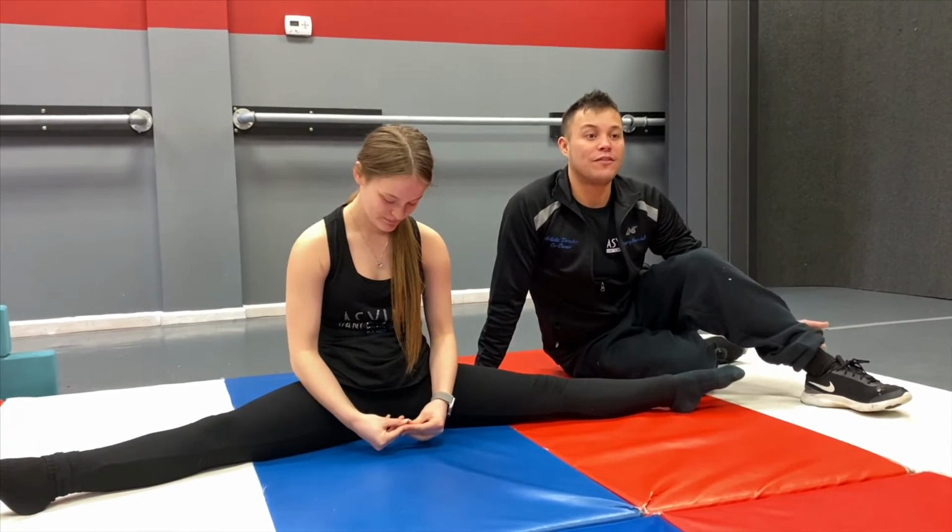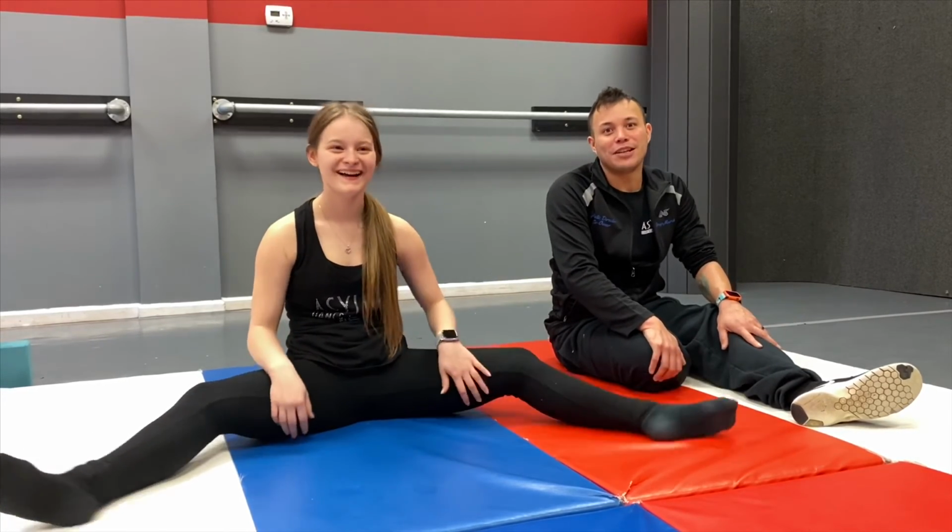For my more advanced dancers, that you do need to pull yourself down to re-elongate that spine, to re-elongate those hamstrings, please contact me. I will send you videos of how to do it properly. We're not going to send them out at this moment in time. I do not need anyone getting injured because we have already taken a week off. And as dancing goes, a week off, that's a lot of